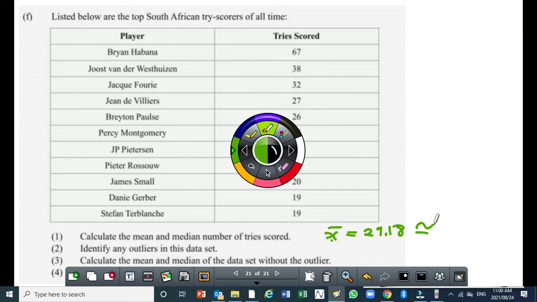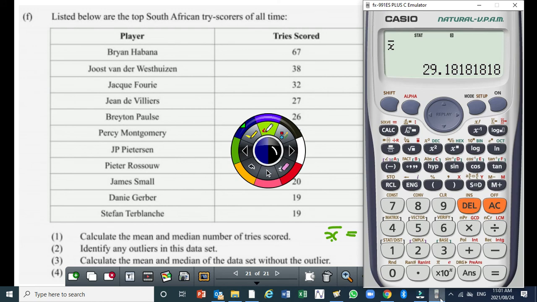So now in this case, this is our mean, right? We can round it off to a whole number, because remember we are talking about tries. Tries have no fractions, right? So the best answer here will be what? 29. Okay, but you need to show this part here that you retrieved that value from your calculator. Then you approximate it to 29. Right? Then the median now,